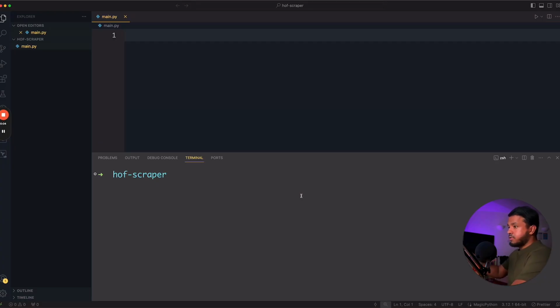So the first thing I've done is I've opened my editor in a folder and I've called it HOF Scraper, House of Fraser Scraper, and I've created a file called domain.py inside this folder. I've opened up the terminal because I want to run a few commands, one of which is creating a requirements.txt file. So let me do that by typing in touch